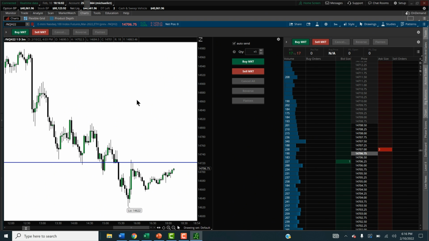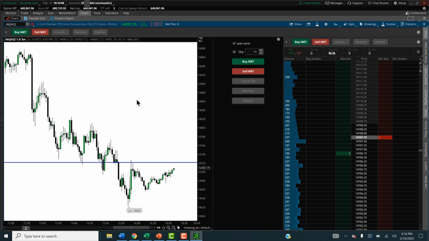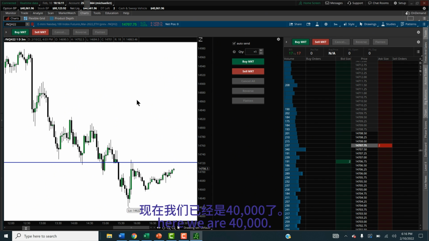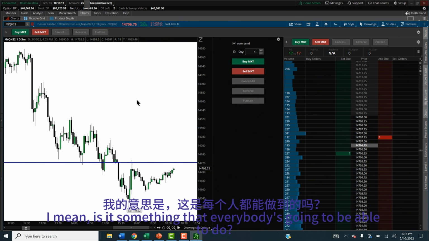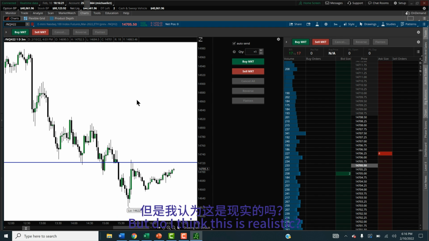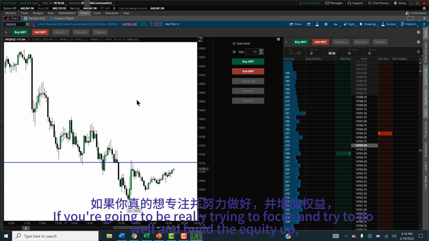Like when I first shared this account, I think the balance was 23,400 something, and here we are at 40,000. So I guess that's a pretty good return. I mean, is it something that everybody's going to be able to do? No, but do I think this is realistic? Yes. If you're going to be really trying to focus and try to do well and build the equity up,